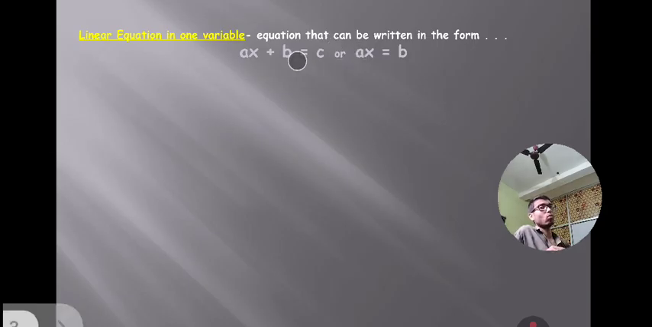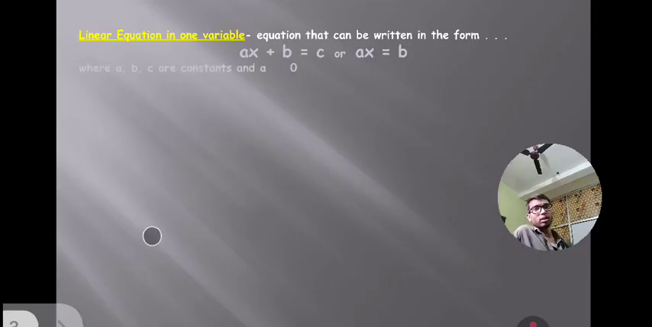If we take a y also, then this x and this y would be what? Both are two variables, so we will say linear equation in two variables. But right now we have one variable, that's why we are calling it a linear equation in one variable,